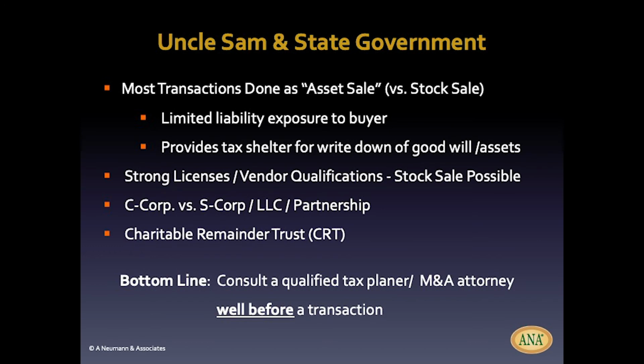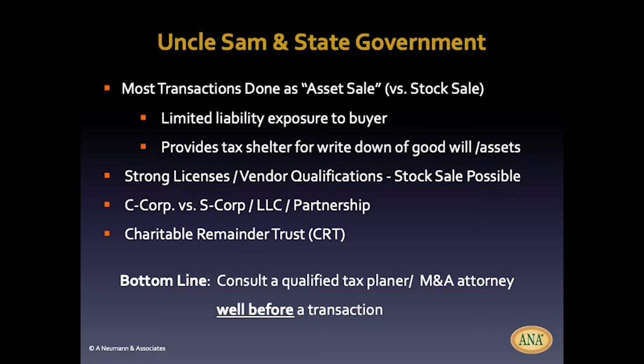The problem is most significant with C Corps, whereas S Corps and LLCs are typically lesser taxed because there's a flow-through effect. Most of the buyers will insist on an asset sale. The attorney of the buyer will always insist on an asset sale. There is another effect that comes into place here besides the limited liability exposure to the buyer under an asset sale scenario, there's also